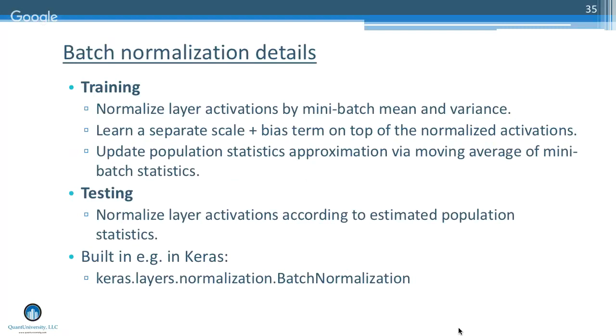And keep track of the overall statistics throughout my whole data set. So then when you test, you're not going to normalize because you don't have a batch, you just have a single element, but you can adjust by those population statistics to update the activations. And in practice, it works really well for many applications. And in Keras, it's just a layer. So you can say, okay, I'm going to have a convolutional layer, activation, batch normalization, repeat.